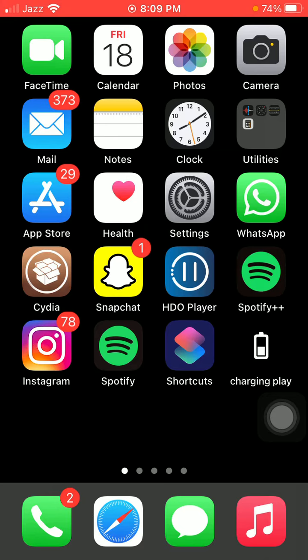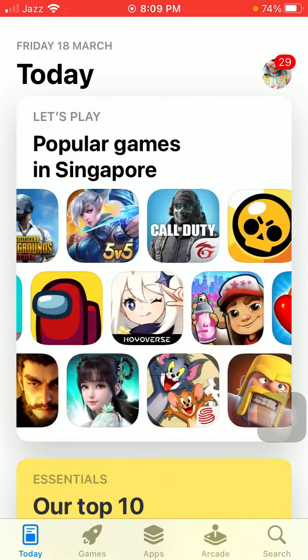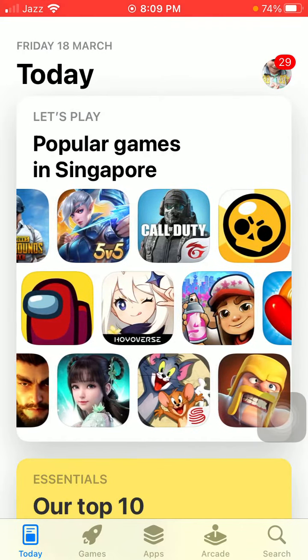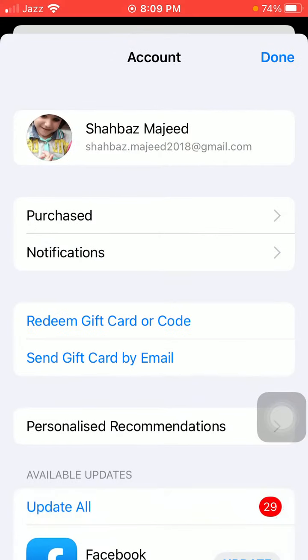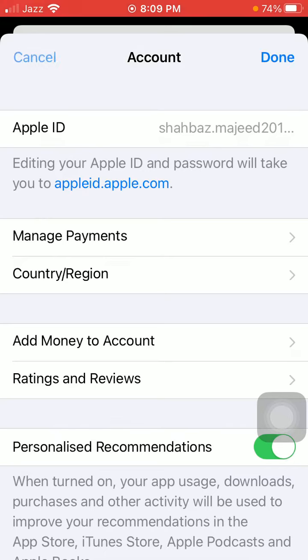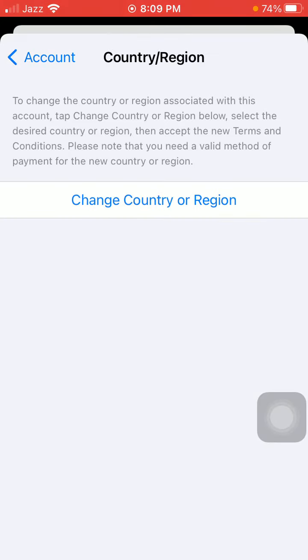Now what we have to do, connect to Wi-Fi and launch App Store. After launching the App Store, we have to tap on the profile icon in the top right corner. On the next page, we have to tap on the profile icon. After loading, we have to tap on country or region. Tap again change country or region,